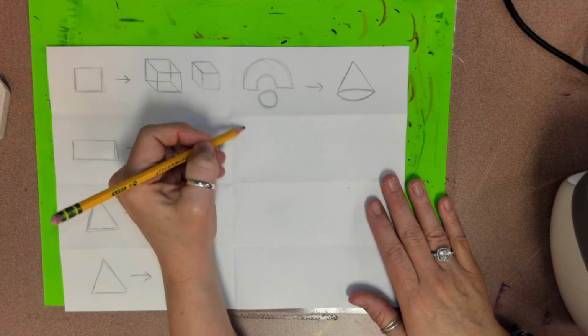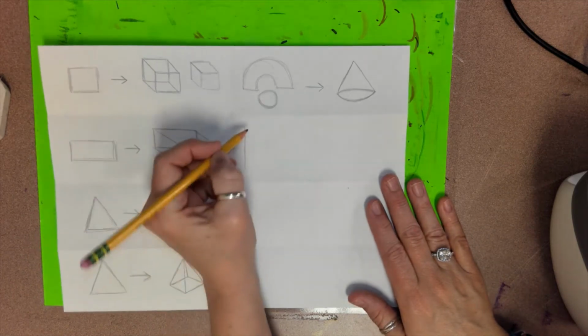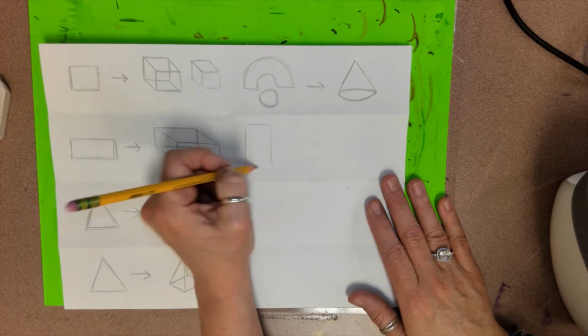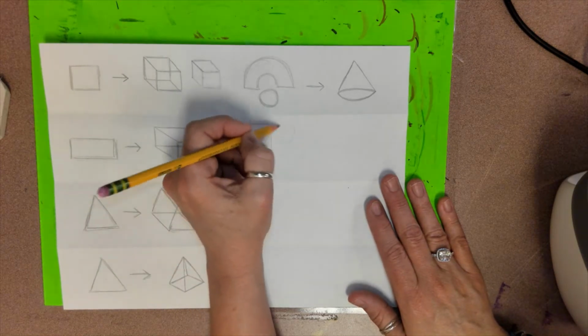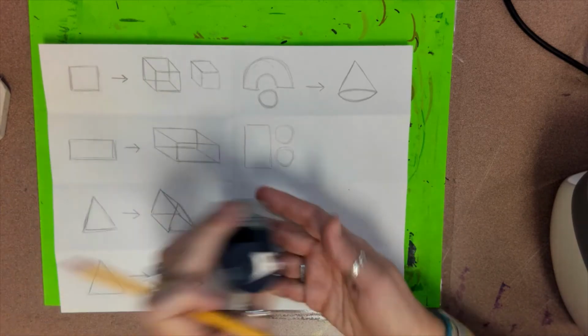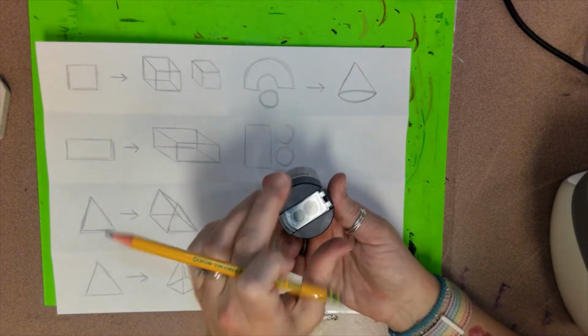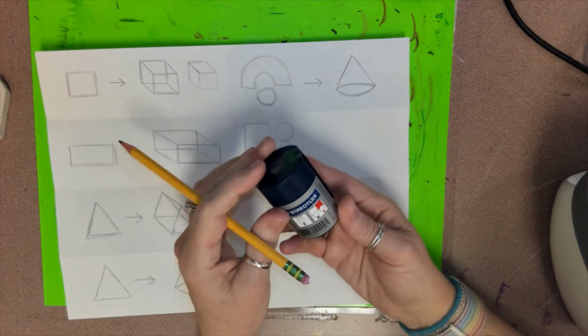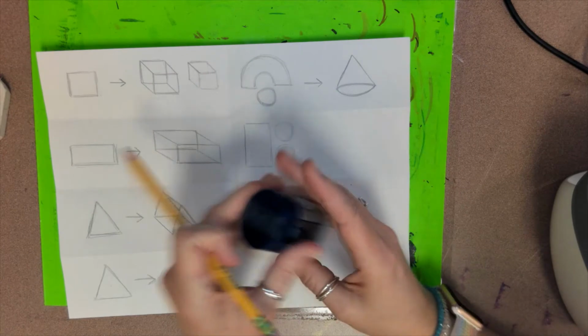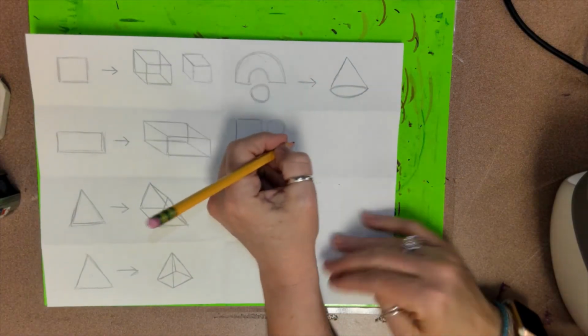So I'm going to draw a rectangle and a circle. Because the top and the bottom, like see here, the top is a circle, the bottom is a circle, and this, like if I was going to make it, it would be a rectangle. I'm going to do an arrow,